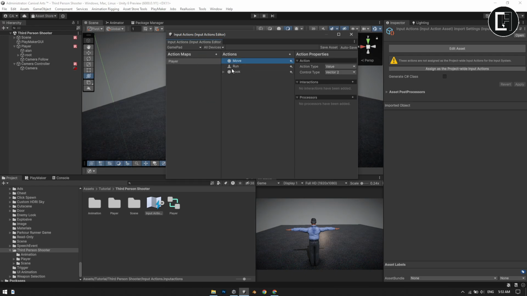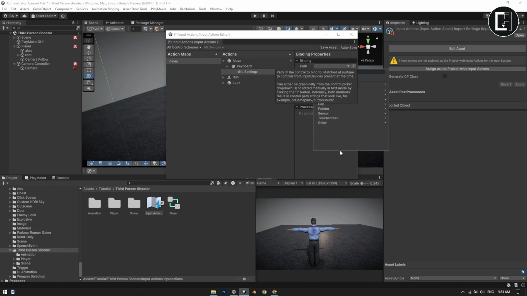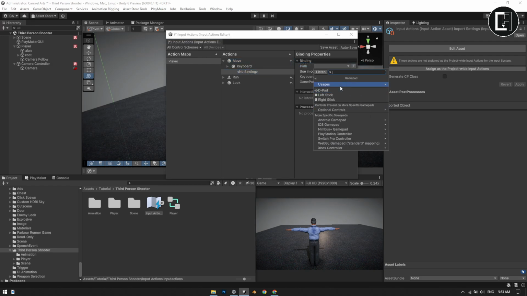There is another thing in here. Only the delta pointer works. So what we are going to make now is all the control schemes. We're going to use it like this. So add a new binding key. We are going to use on the gamepad the right stick and the left stick to rotate the player. So now to move is the left stick,